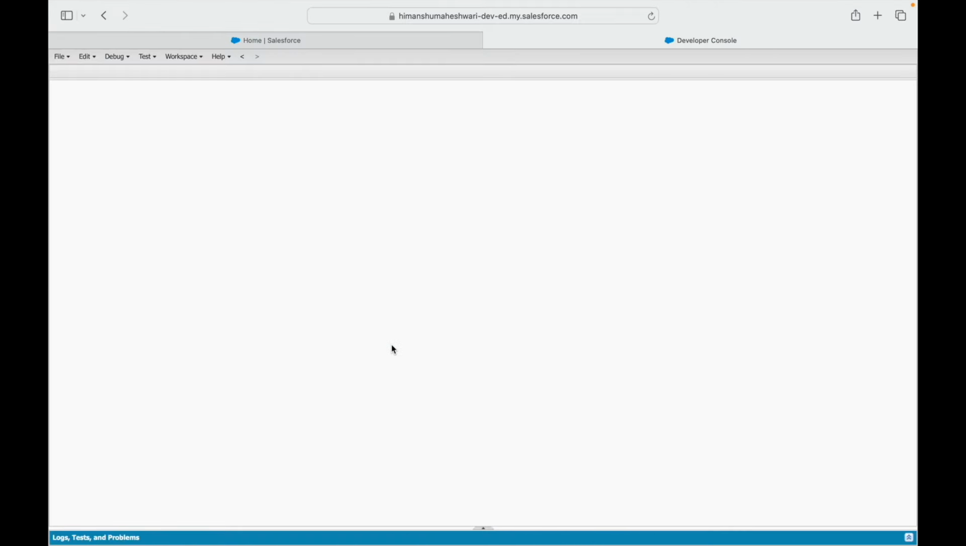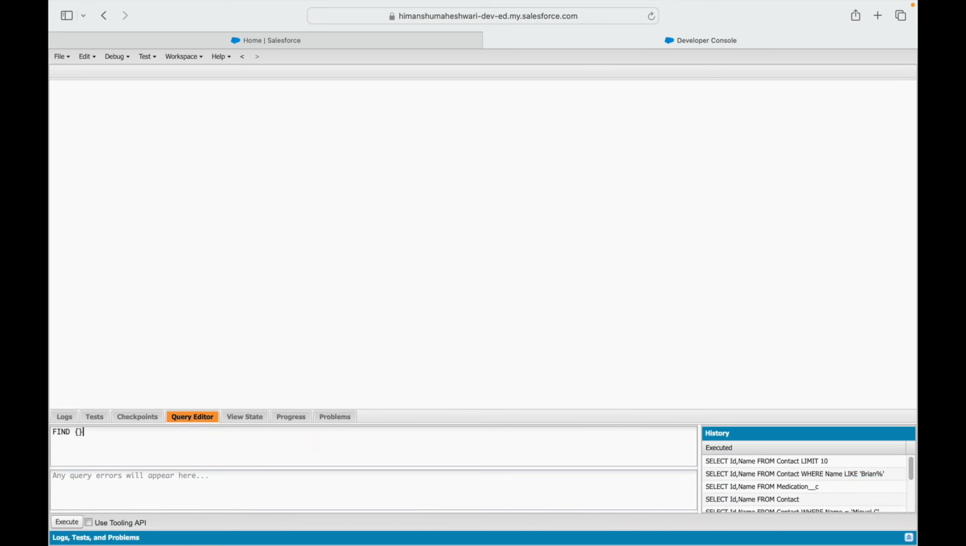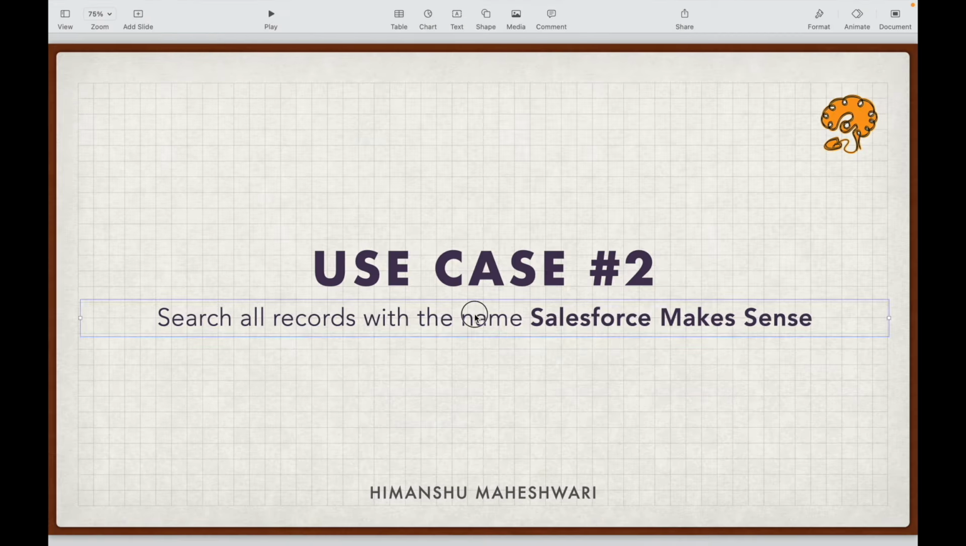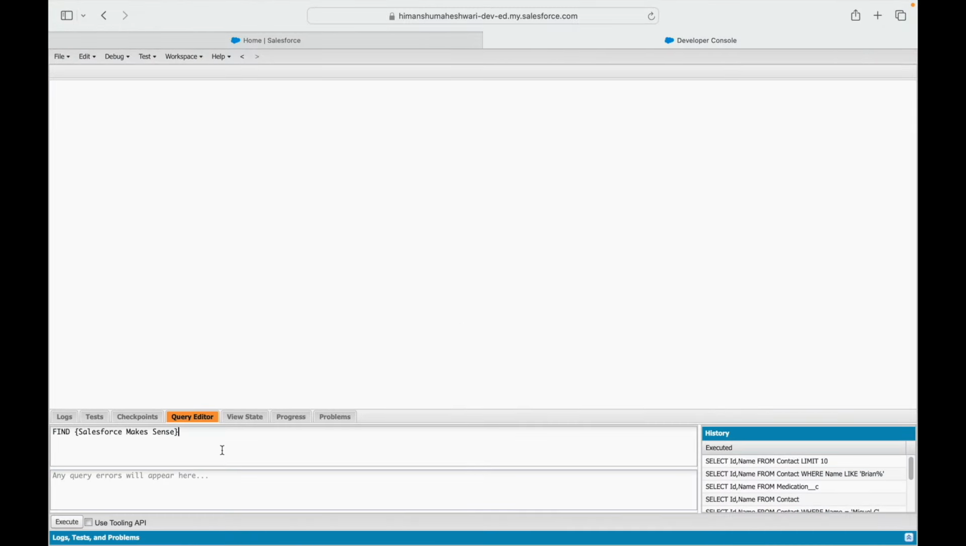Okay, so let's go to the developer console, and just like we did before, we'll just say find. And what do I want to find now? I'll say Salesforce makes sense. Now focus on this particular requirement. It says search all records with the name, right? So you don't want any other field. It could be an email field or a phone field. You only want the text fields that have this particular value. So you have to use the in clause. If you say in, you can mention something like name fields. All right, and when you do that and you say execute,